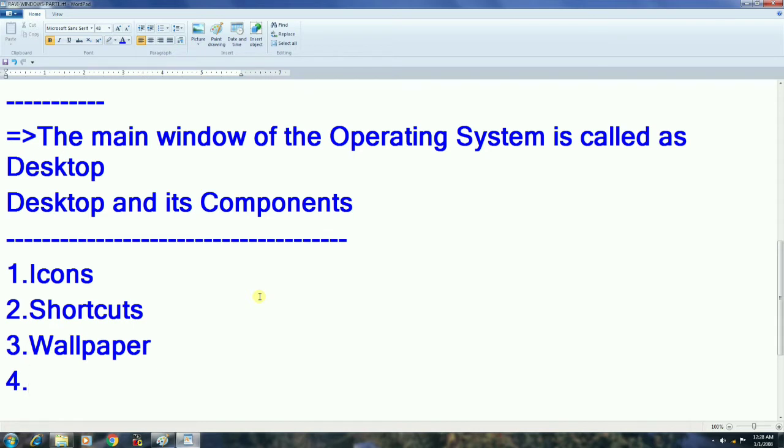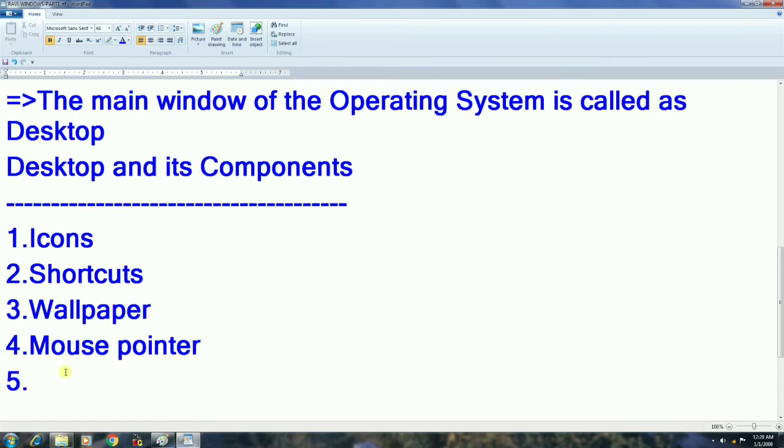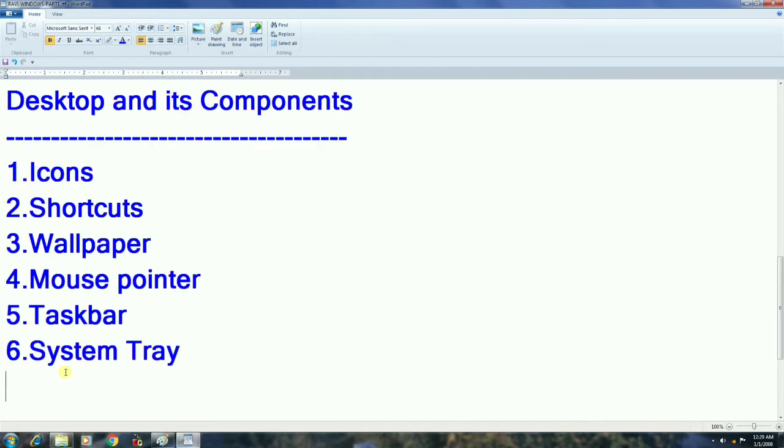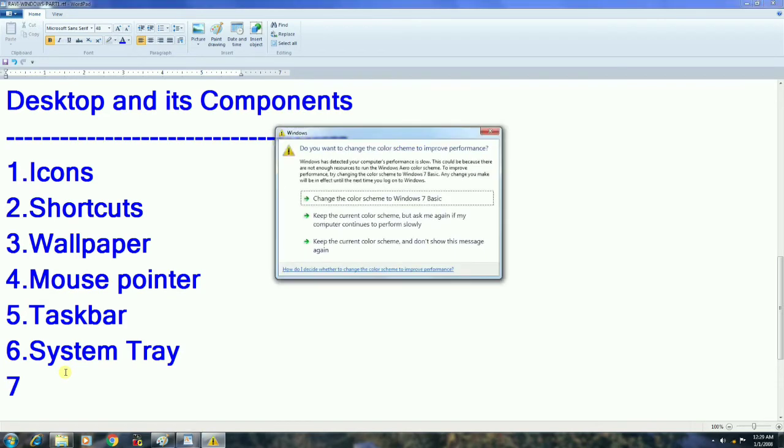Similarly, mouse pointer. Number 5, taskbar. Number 6, system tray. I will explain all these topics one by one. System tray. Number 7, recycle bin.